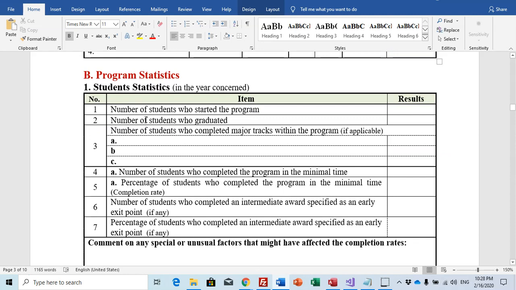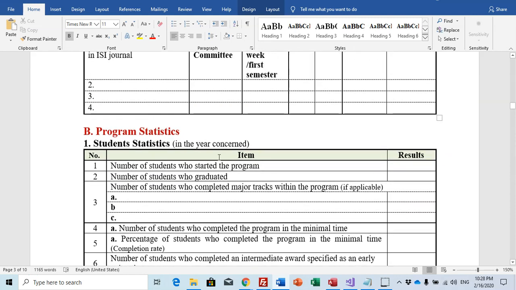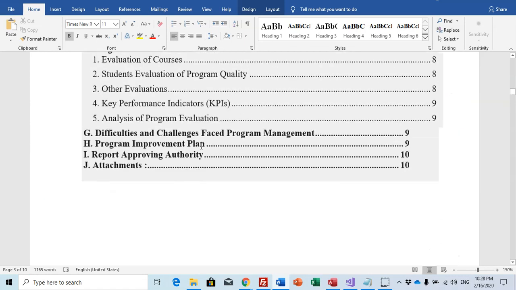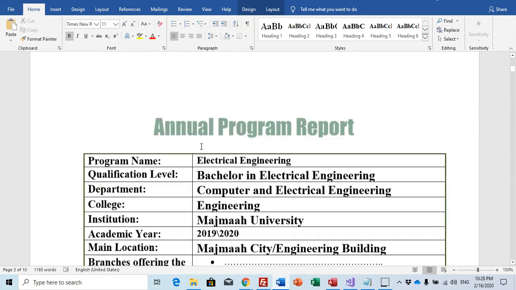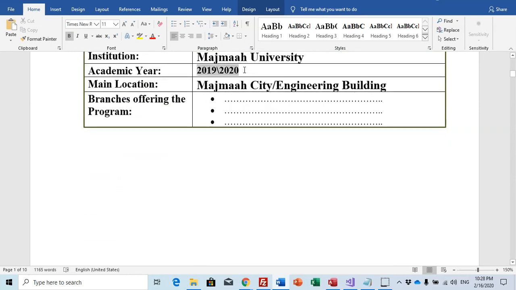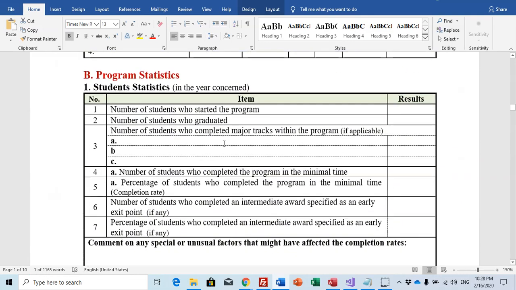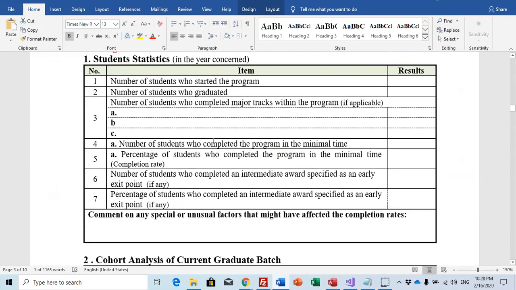Now let's go to section B, program statistics, student statistics in the year concerned. The year concerned means this year, 2019-2020. Number of students who started the program, number of students who graduated, and number of students who completed major tracks within the program, if applicable.